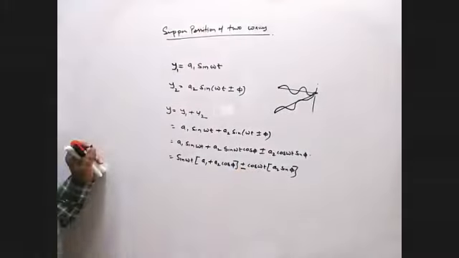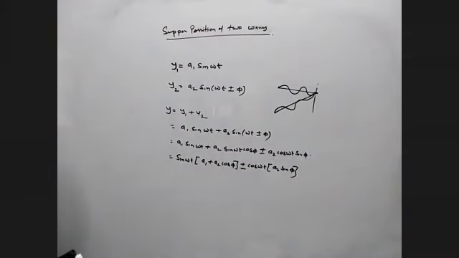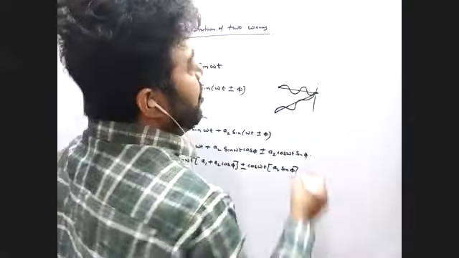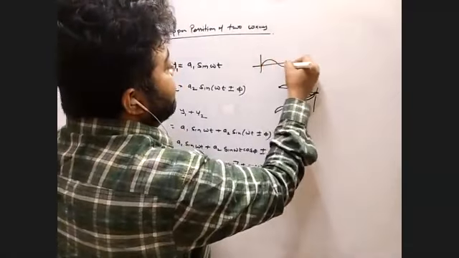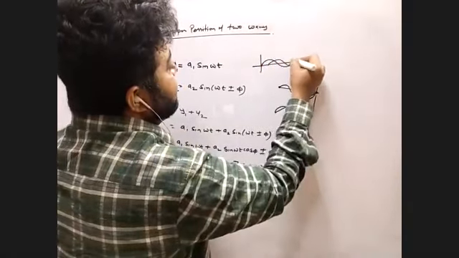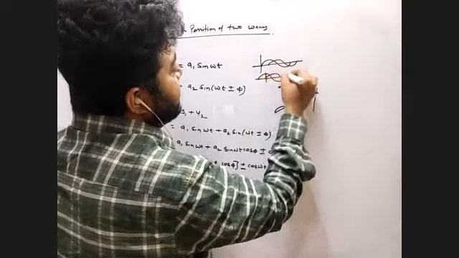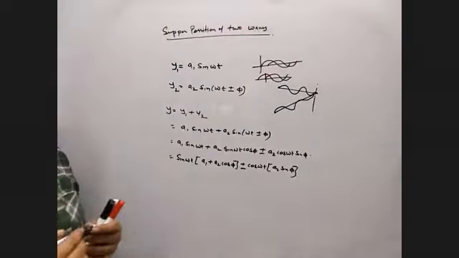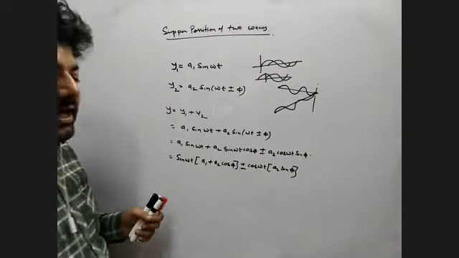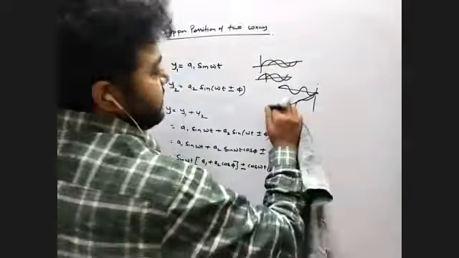What do you mean by plus and minus? Either it will lead by some angle or it will lag. Suppose this is my wave, someone can go like this. So this is the lead. This is the wave, someone can start from here. So this is the lag, and the difference is called the path difference. And in terms of angle, the difference is called the phase difference. Is it clear?